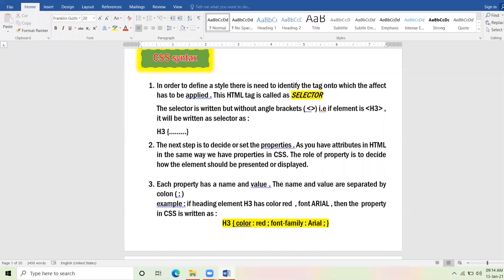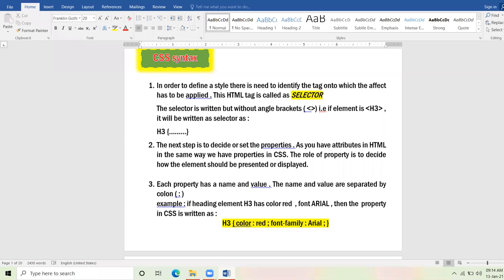Now, when we are talking about CSS, we never say attribute. We say property. When we talk about HTML, we say attribute, but when we are on CSS, we say properties.